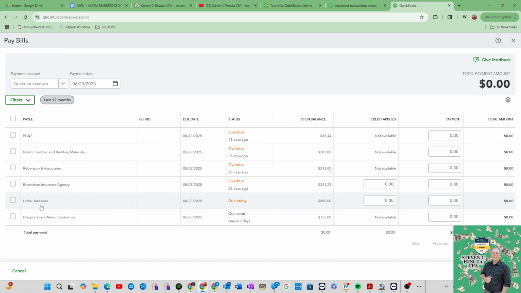And we'll take a look for Hicks Hardware. Due today is $600. We click on it and it shows us that we already have a payment of $300, and that's because there is in this category here a credit applied. So the original bill minus $300. So now we only have a total due of $600, and we can schedule a payment or mark it as paid,